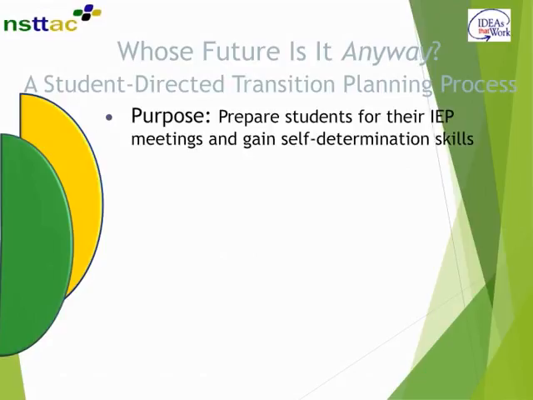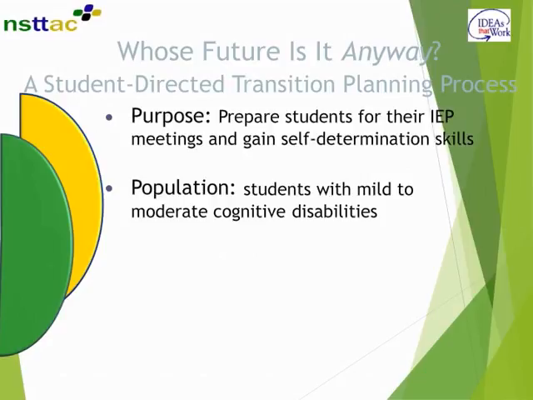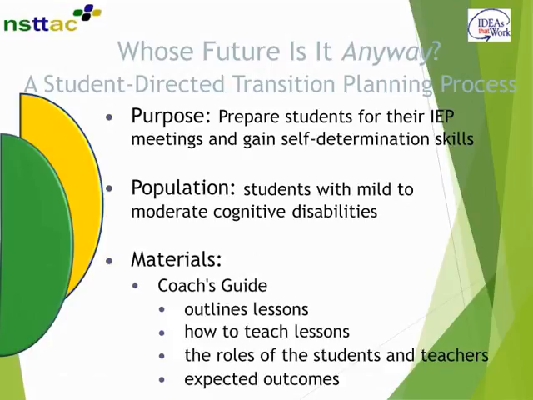Whose Future Is It Anyway is an evidence-based curriculum for students with mild, moderate, and significant disabilities. This curriculum emphasizes student preferences, needs, and interests. It provides opportunities for students with disabilities to explore issues of self-awareness and acquire problem-solving, decision-making, goal-setting, and small group communication skills. The outcome of this process is that students can learn how to be meaningfully involved in their transition